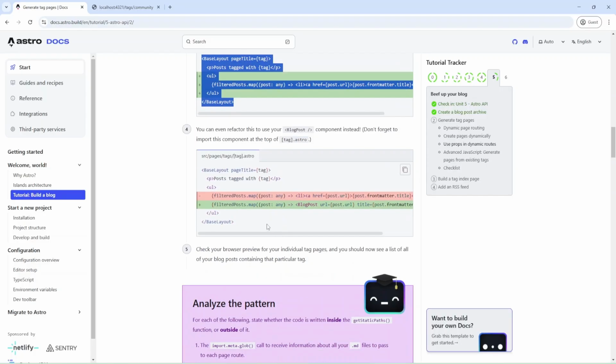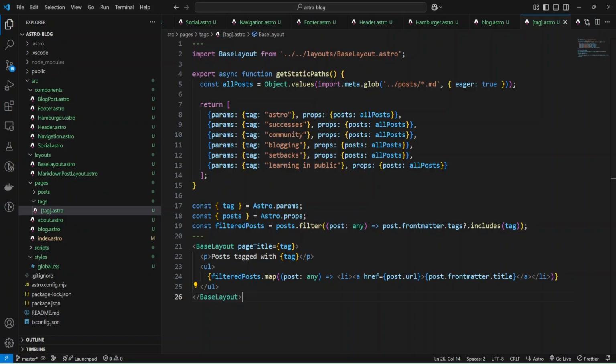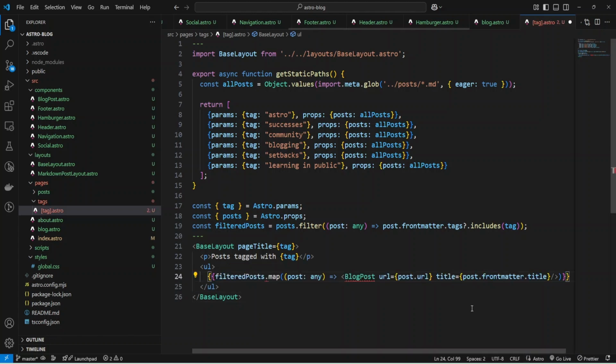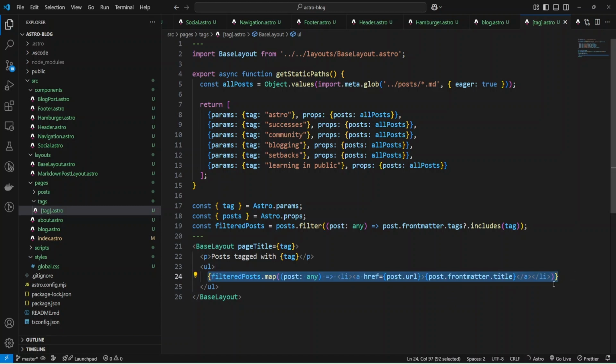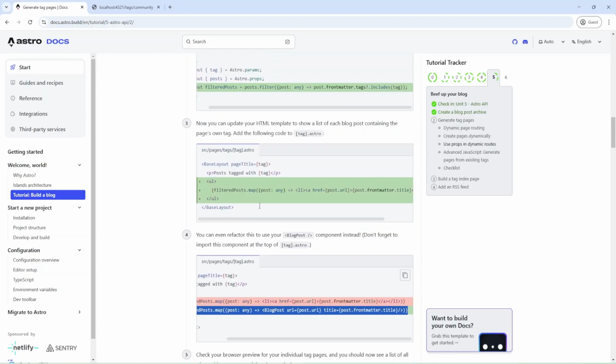Okay. And also we can change or add our blog post component. Okay, and can remove the entire line.